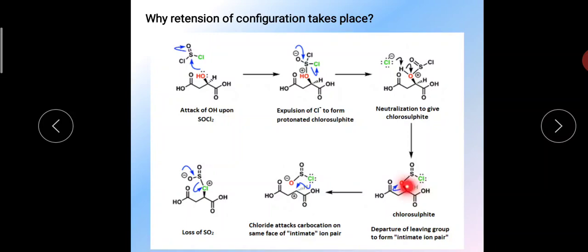This is held by a bond, and chloride again attacks this particular center from the very same side, and as a result, when the bonding is complete, this carbon oxygen bond breaks and oxygen takes its pair of electrons with itself. Okay, so when this bond is formed, your carbon oxygen bond breaks and it forms a much more stable SO2 molecule. So after the loss of this SO2 molecule, what you get is